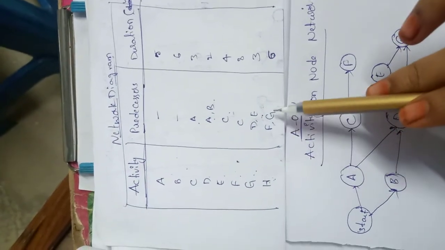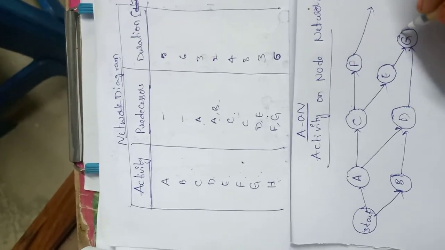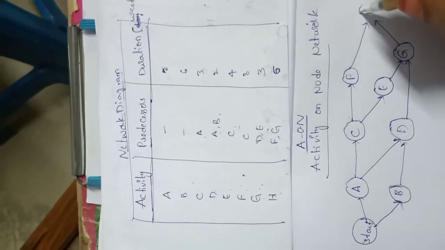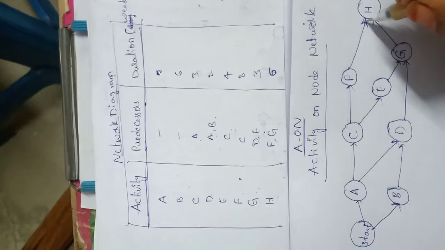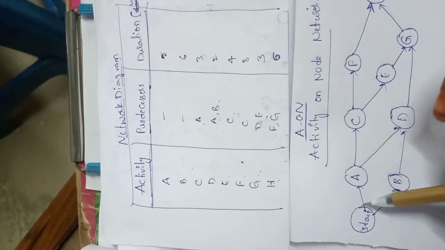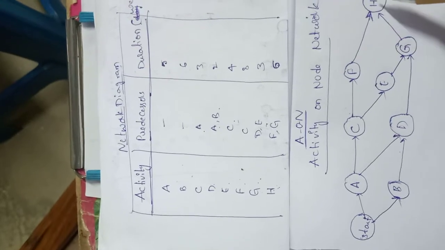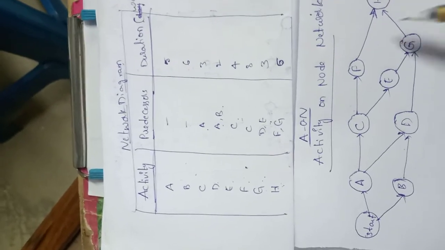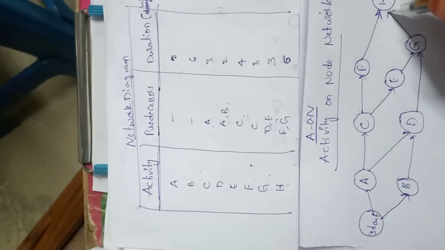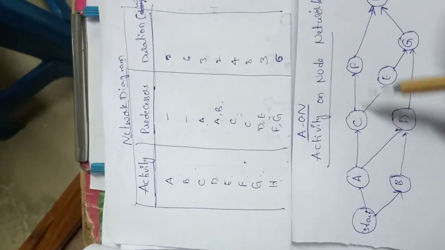After finishing this part, the last activity will be H. This H is having F and G as predecessors. So we can take one arrow from F and one more arrow from G. We need to connect these two at the last node, that is our H. So for this network diagram we will be having one starting point. By using the extra start node we have created the starting point, but for finishing this network diagram we need not use any end node. Here already only one node is there as an ending node, so that is sufficient. In this way we can finish our activity on node diagrams.